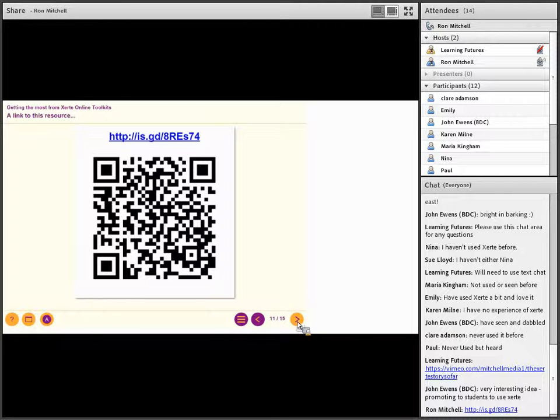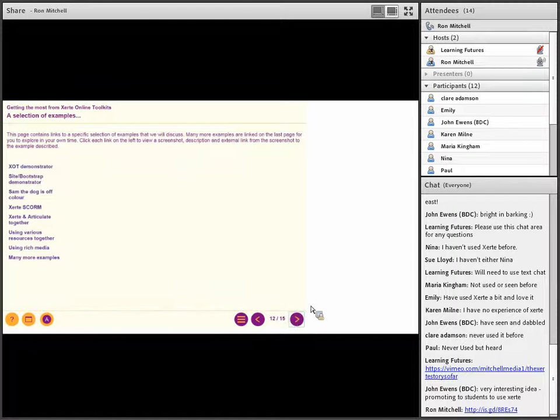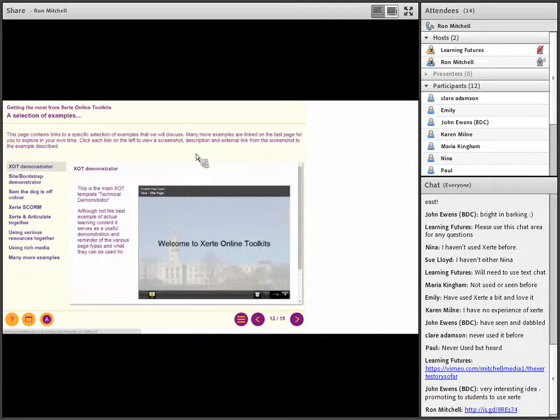So there were the case studies on the previous page, and the examples I'm going to quickly talk through here. We have a Xerte demonstrator, what we call a technical demonstrator. It's not necessarily a piece of learning content as such, but it's a demonstration of the majority of the page types we have in the main template. And what you might want to do if you view this example is skip through to the interactive pages. The way you would do this from the link you've got is just to click on the screenshot or thumbnail, and it will open that resource in a new window.